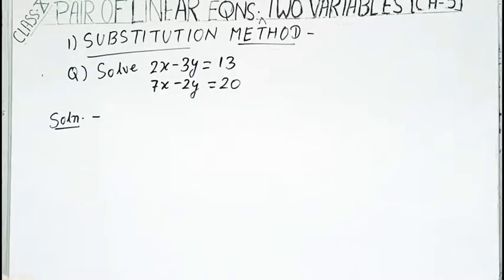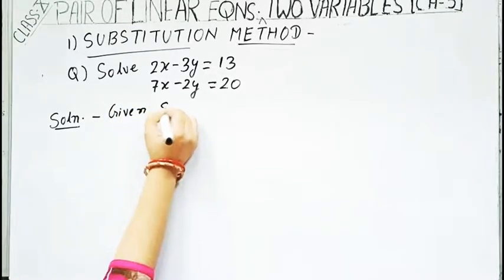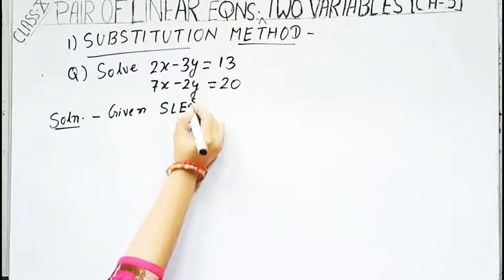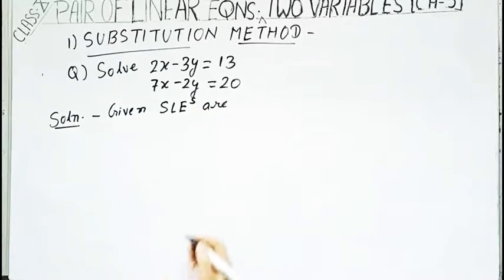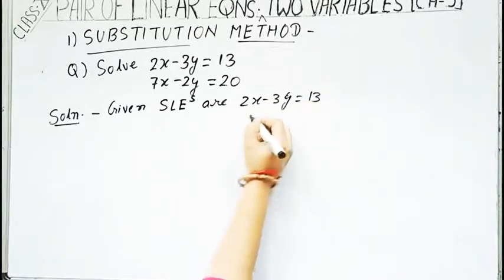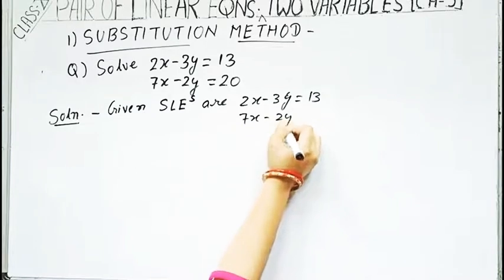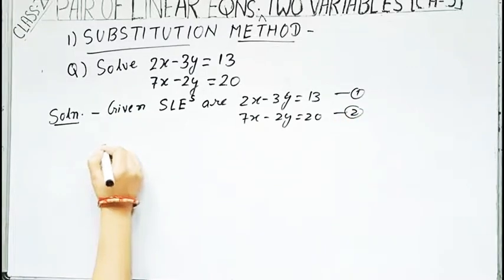So let us understand the substitution method with the help of a sum. The sum which I have taken is: solve 2x minus 3y equals 13 and 7x minus 2y equals 20. Let us start the solution. Given simultaneous linear equations are 2x minus 3y equals 13 and 7x minus 2y equals 20. Make it equation 1, equation 2. Now from 1,